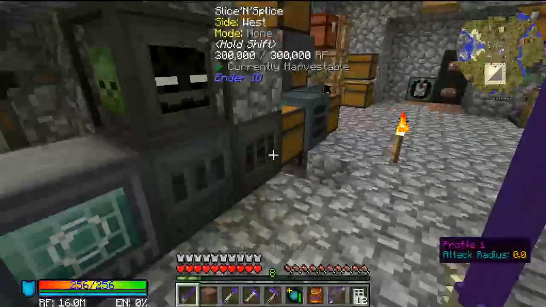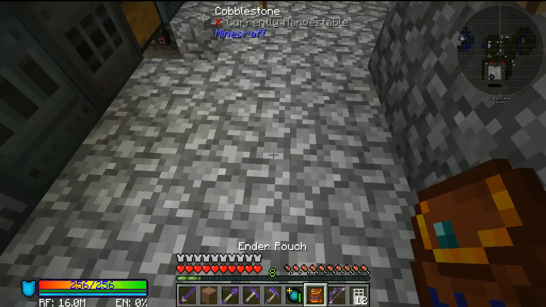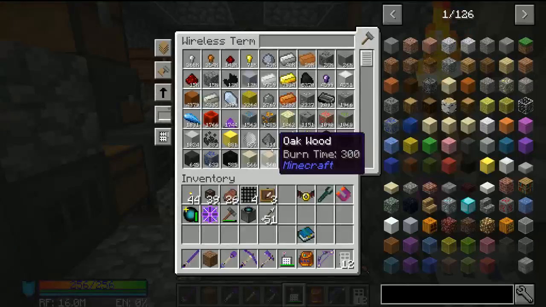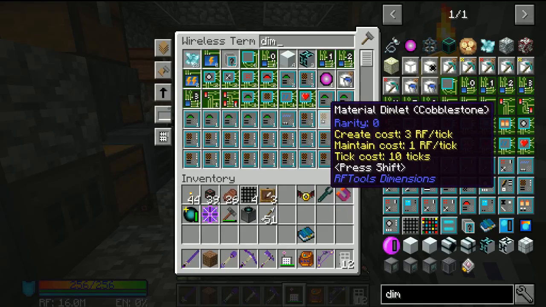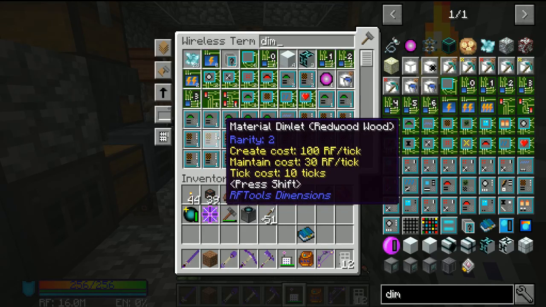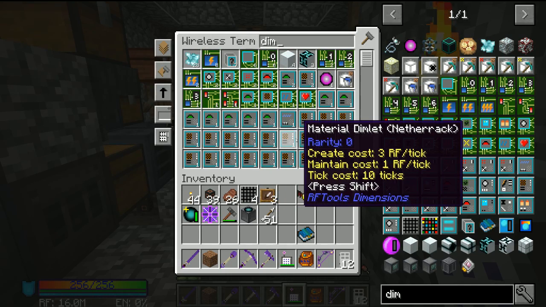So, what we're going to try and do is create a new dimension here. Let's fetch our stuff. We're using the wireless system that accesses my Applied Energistics network wirelessly, so we can grab all the things that we want here. Cobblestone, dimlet. We could probably get rid of some magic wood, ethereal wood, redwood, dark oak, strengthened glass, glass, netherrack,